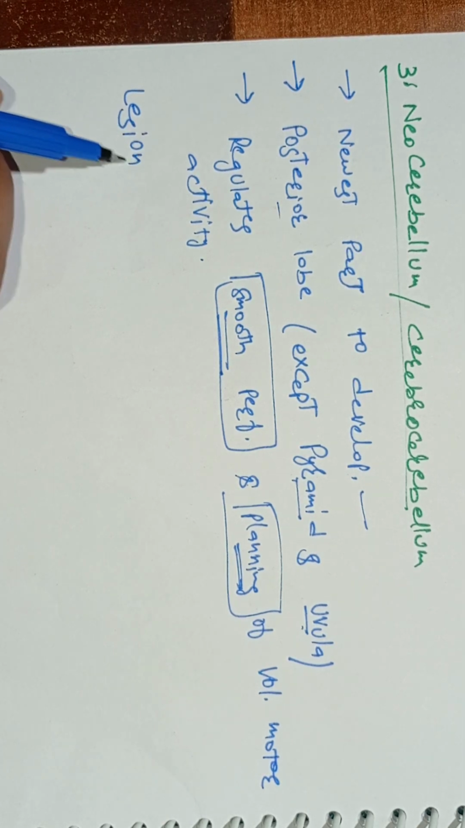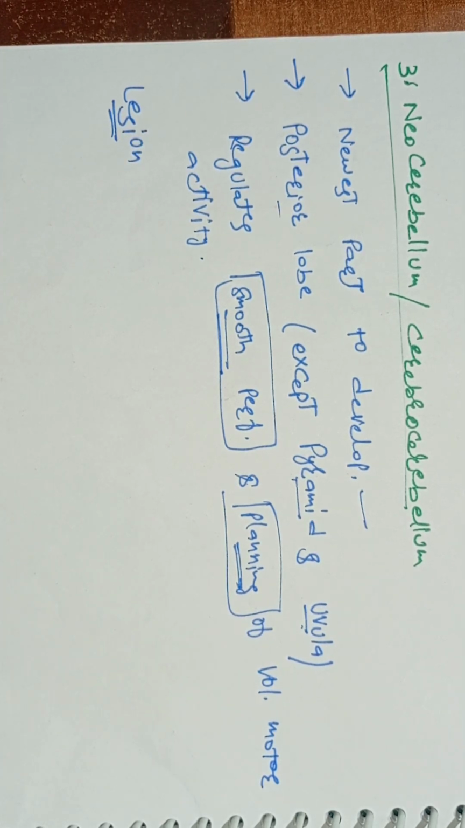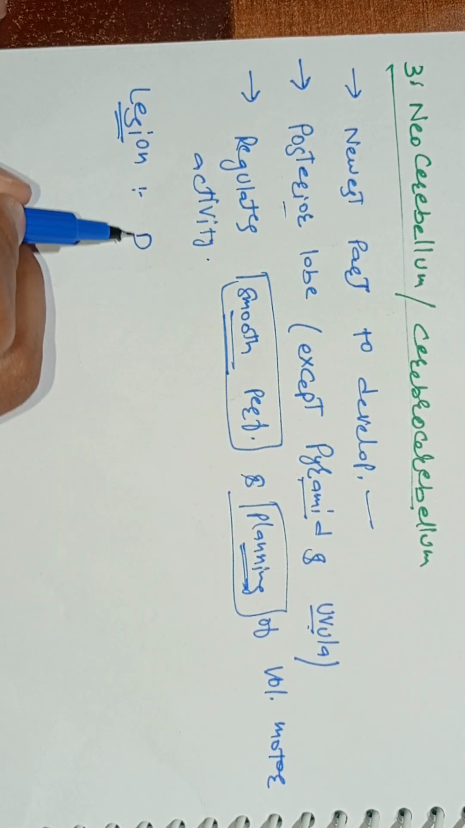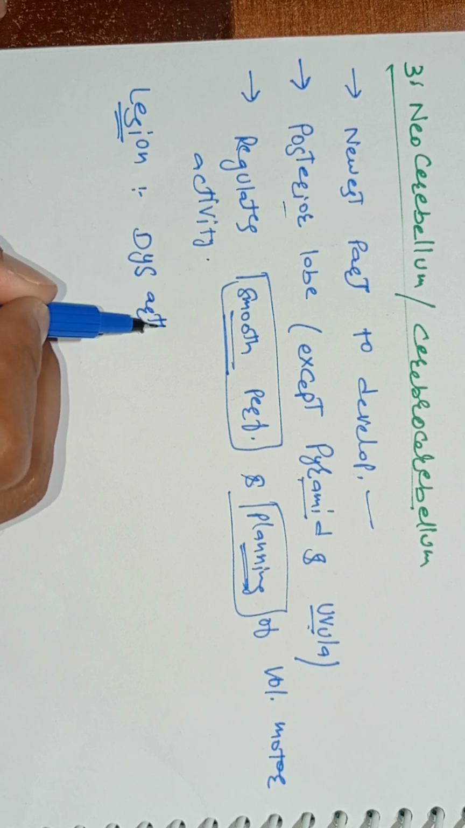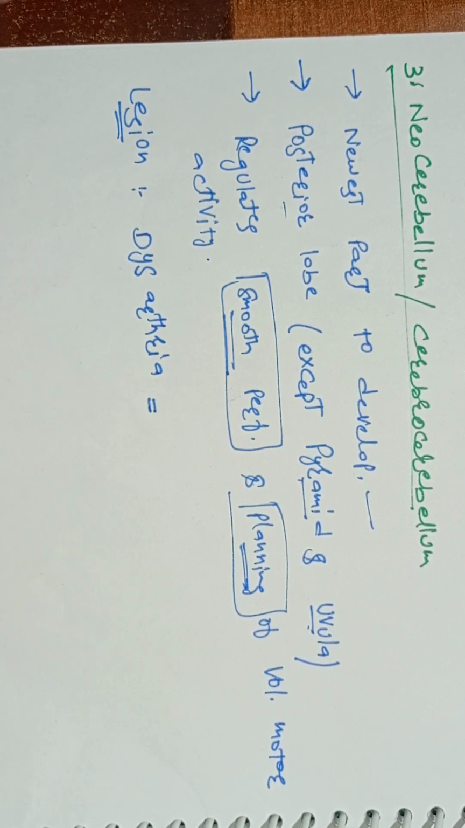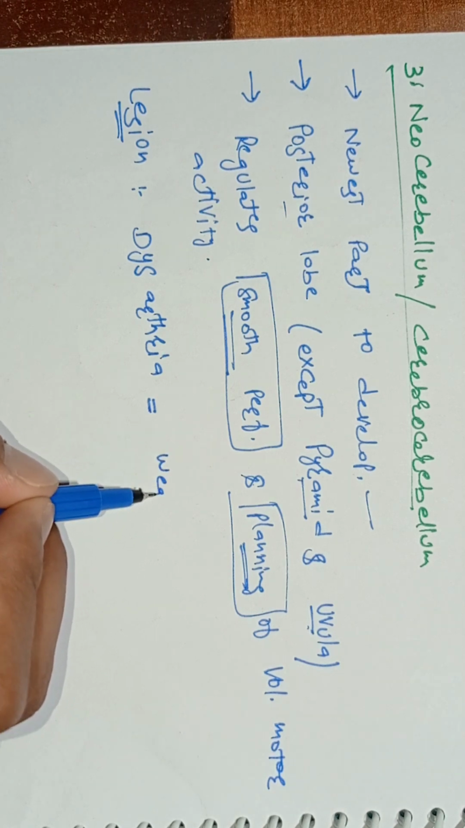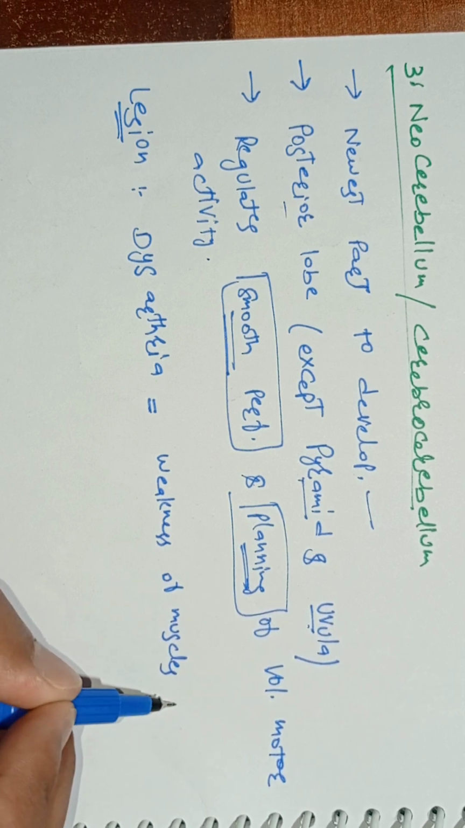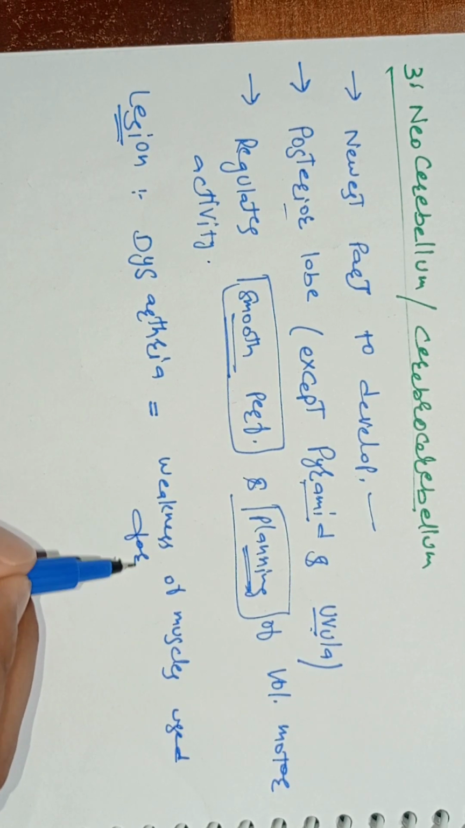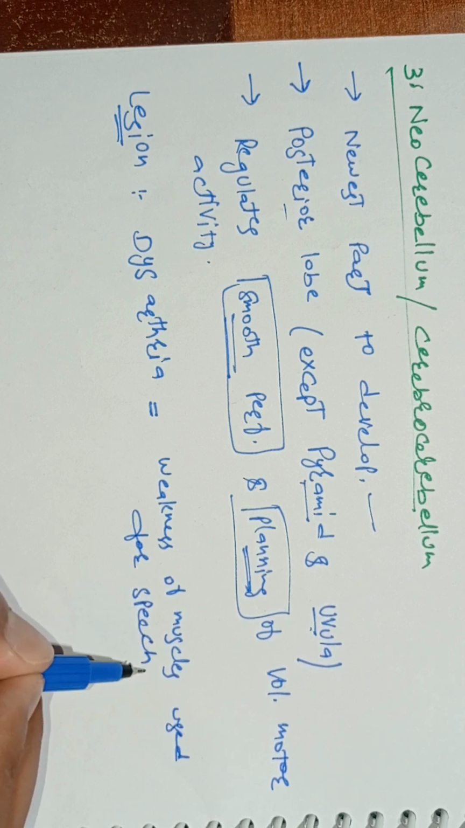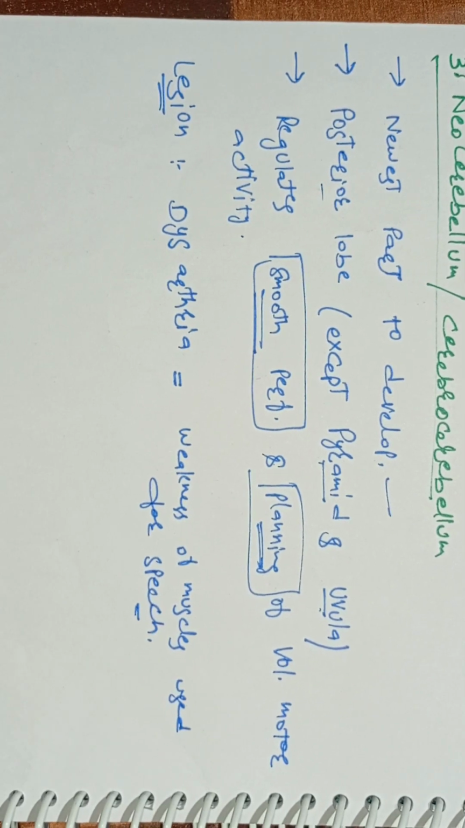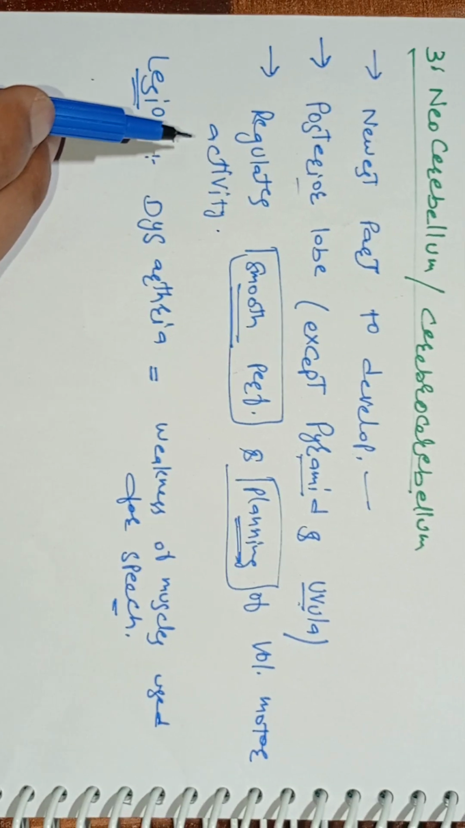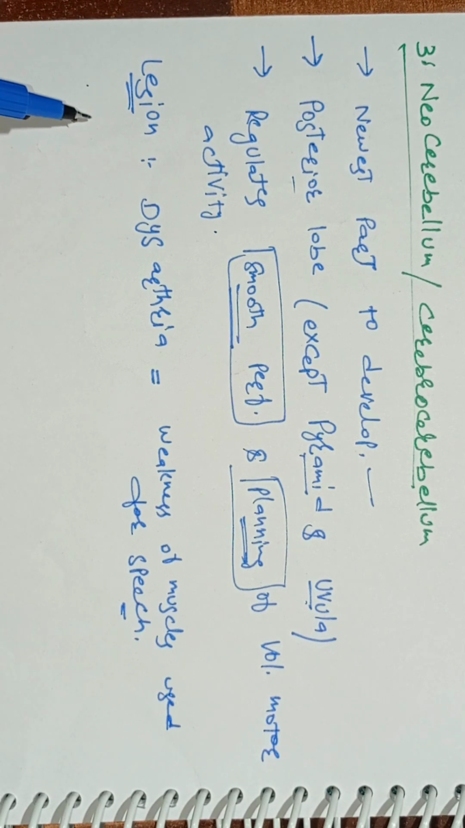What if there is a lesion to this neocerebellum or cerebrocerebellum? Clearly, if there is a lesion, it will result in dysarthria. What do you mean by dysarthria? It means weakness of muscles which are used for speech. So dysarthria. Clearly, moving forward, if there is a lesion to the neocerebellum, another problem that will occur will be